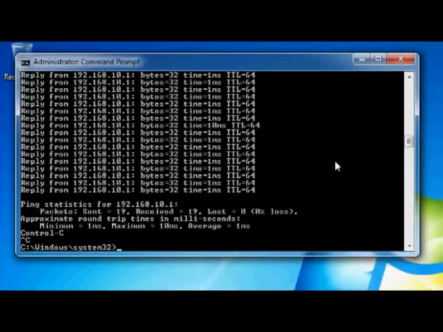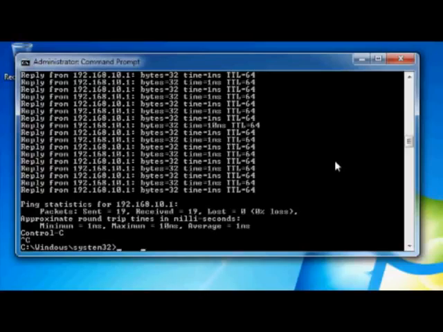Now, why have I used this, and why does this come in handy? Well, very often if I cannot connect with something, rather than try to do something to fix it, then try to ping and it fails, then I try to do something else and then try to ping and it fails, and then do something else and ping and it fails, what I find is it comes in handy sometimes to just say ping -t, and by the way,